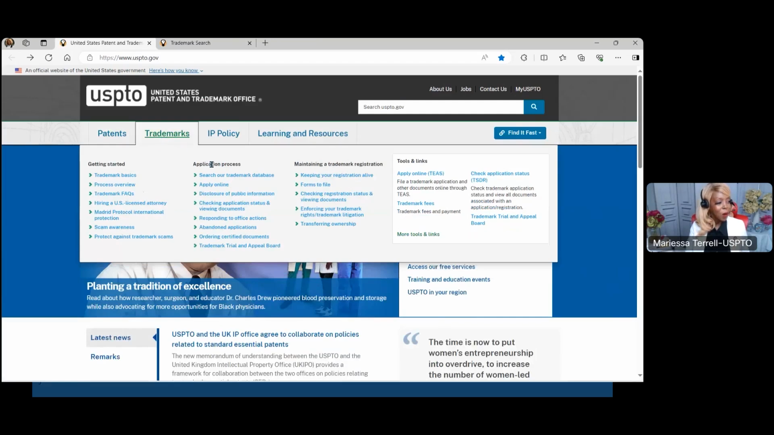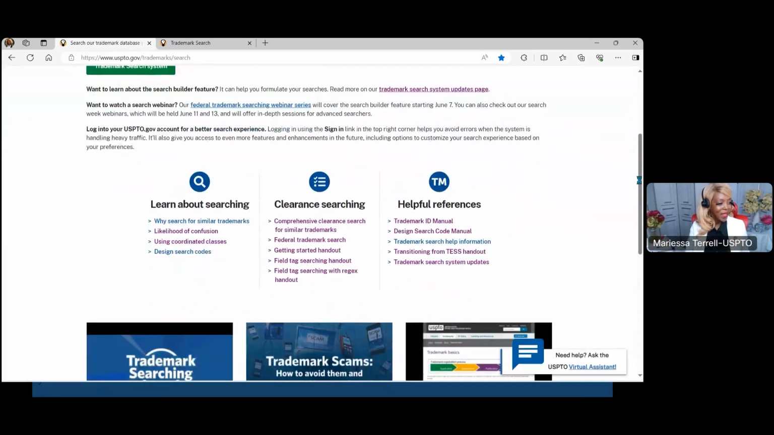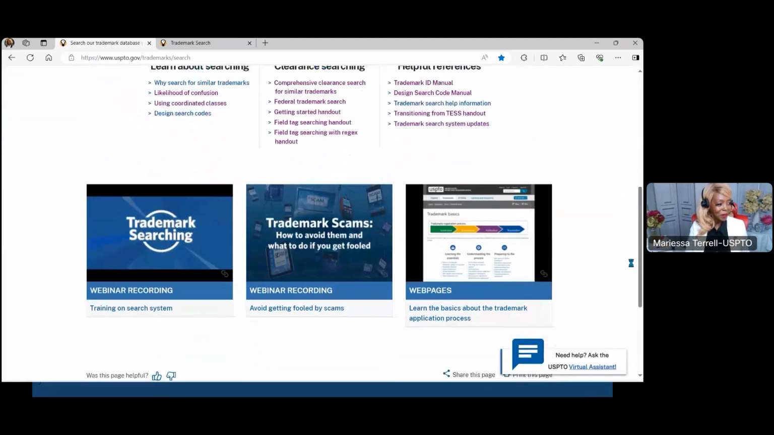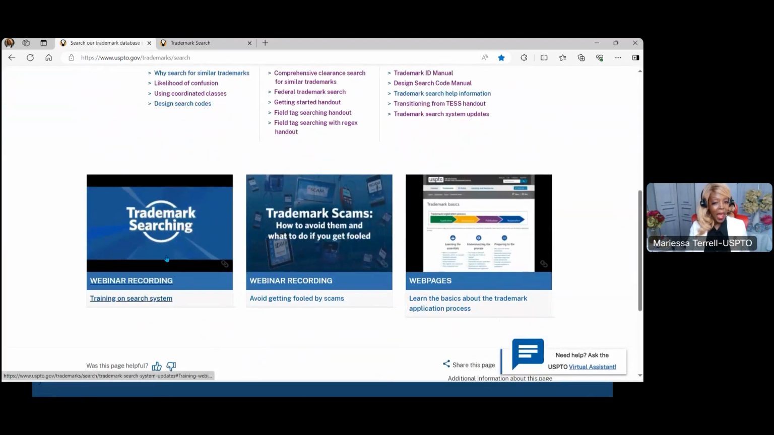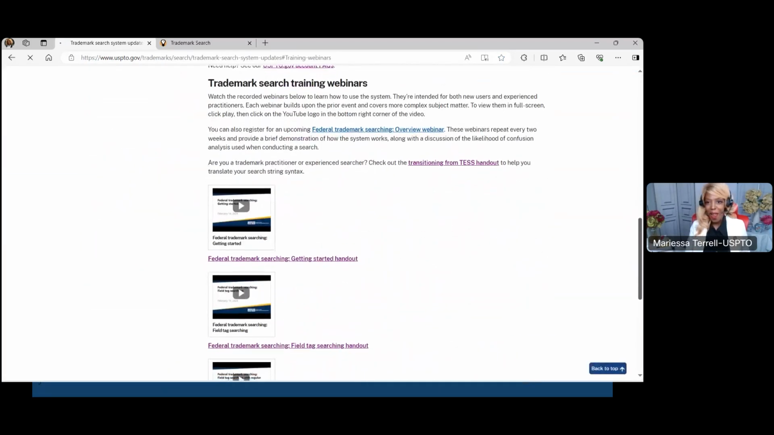We look over to see two columns, getting started and application process. Let's go ahead and hover over the application process and click on down to the first option there underneath, search our trademark database. Click on that hyperlink wording. That's going to take us to another page. This is a great page to be because if you scroll on down, you can see a tile that says trademark searching, webinar recording. And if you click on that, scroll down on this page, finally we arrived at our